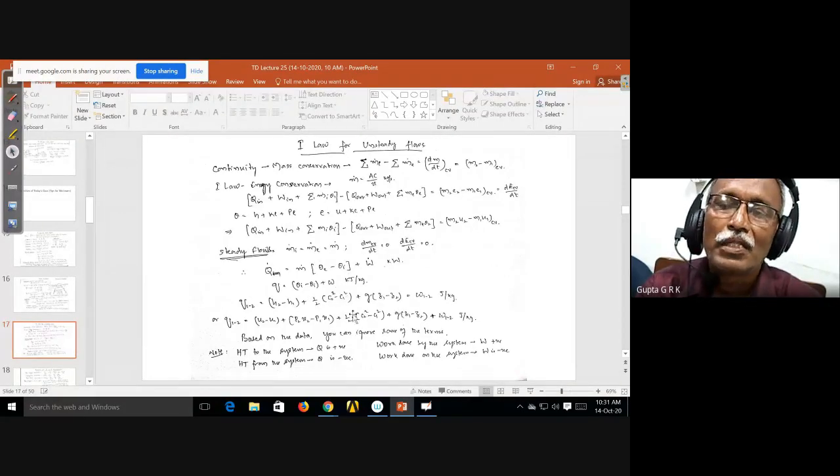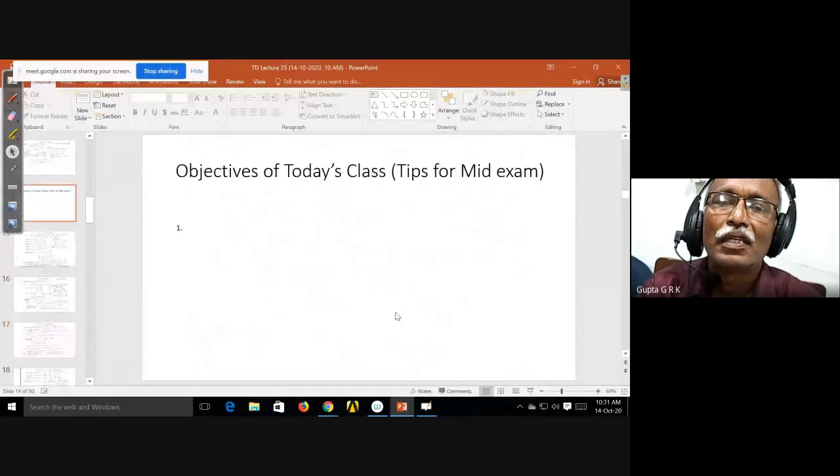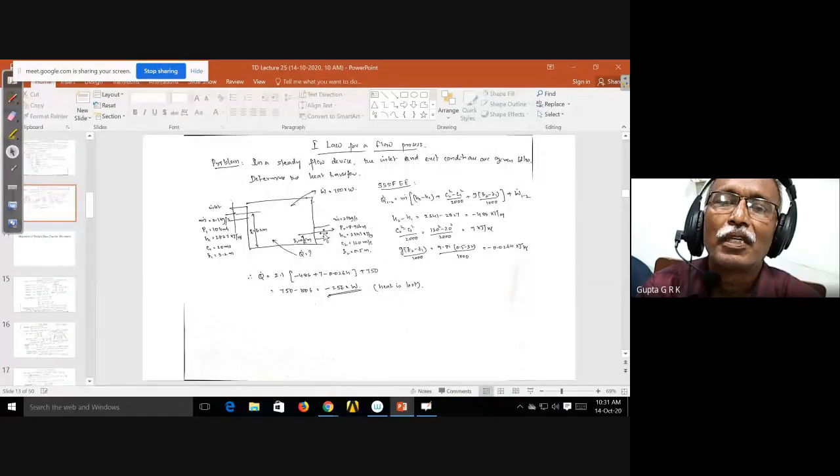And based on the problem, as I told, whether these are given or not. If they are not given, I can ignore them. Okay. And actually, we have seen that in this particular problem, the change in enthalpy is minus 486, change in kinetic energy is just 7, and change in potential energy is minus 0.0264. So these two are very insignificant in most of the problems, in thermal problems.